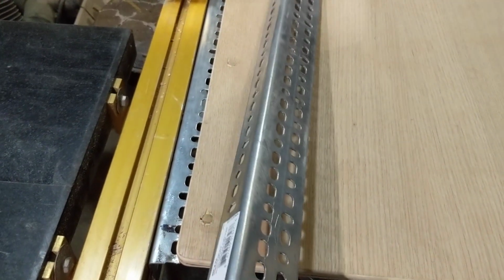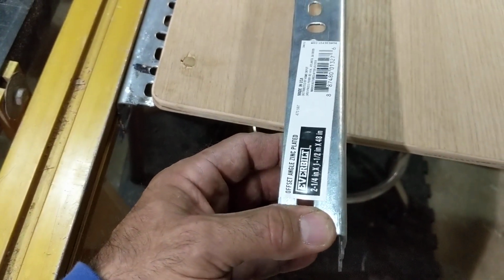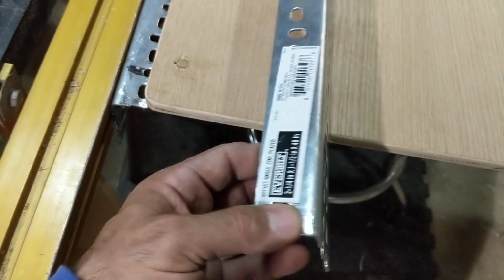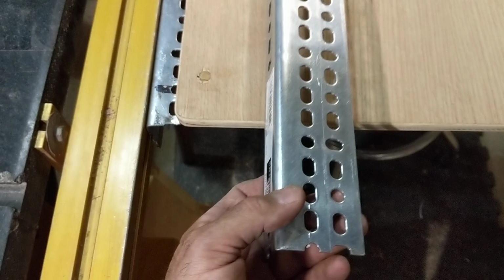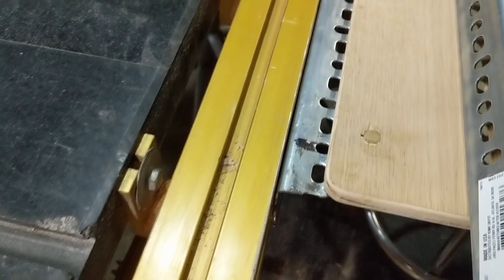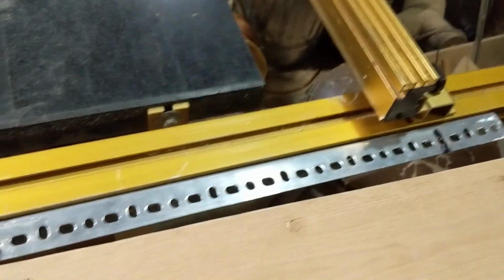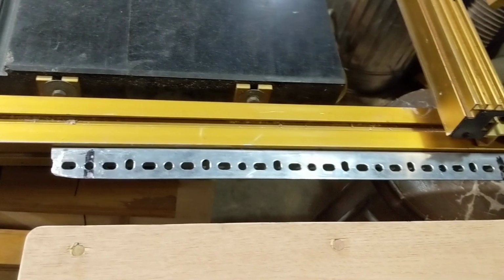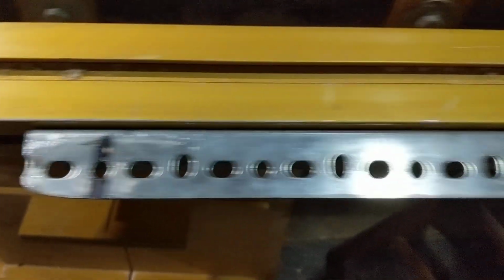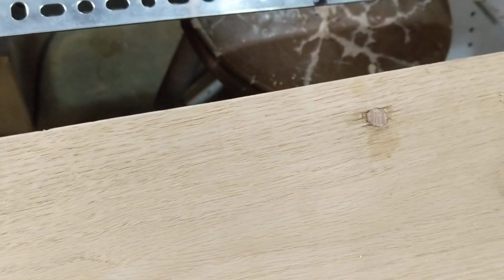Got this angle, what's it called? Offset angle zinc plate, and it's got holes all over it. So what I did was I mounted that to my rail, you see here, and you see that spot right there and that spot right there. They line up with dowels that are in the bottom of this plywood,